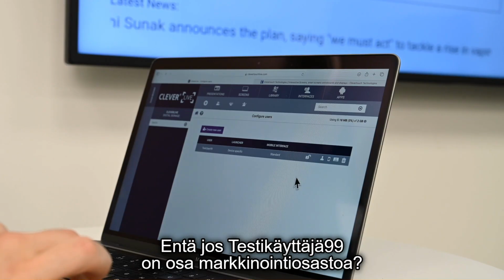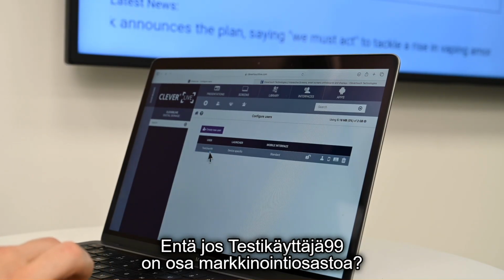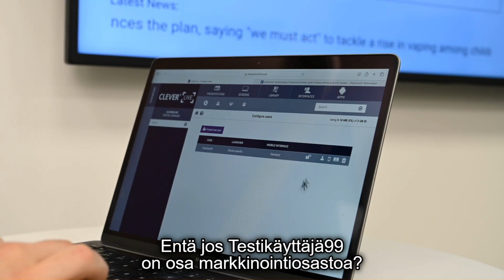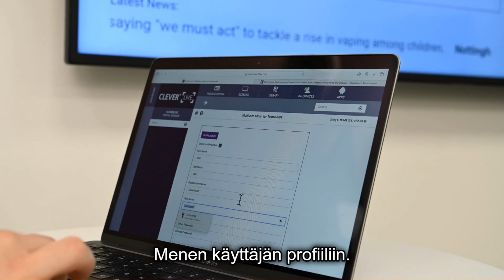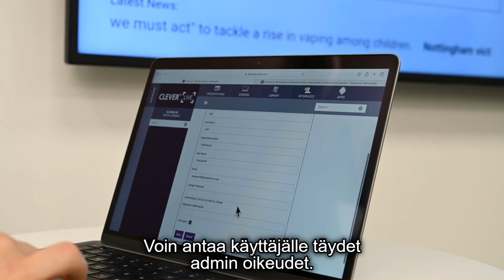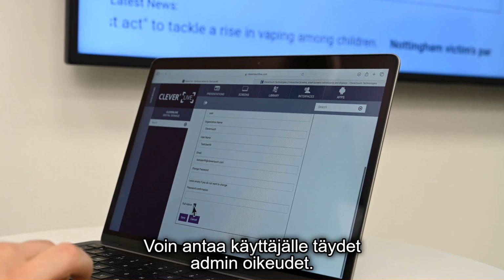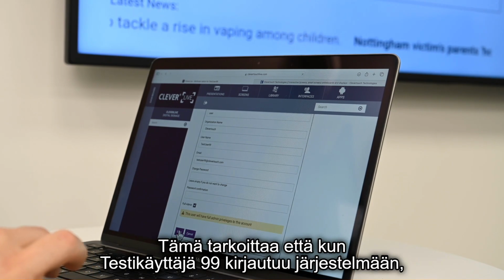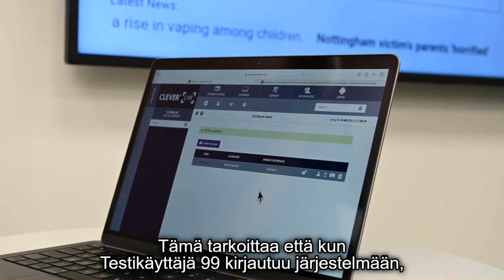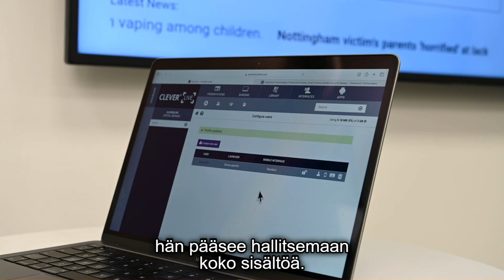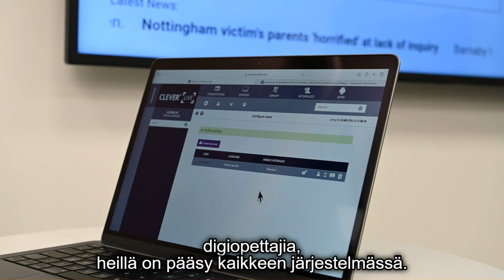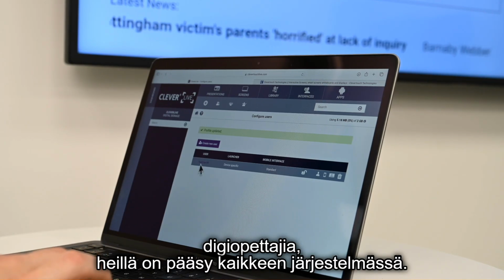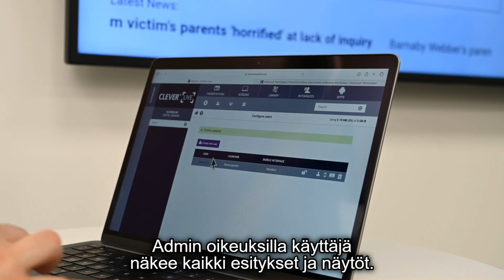The other thing that I might want to do is, well, what if test user 99 is part of our marketing department? Well, I can go into the user profile of that person. I can change, obviously, bits, but what I can also do is give them full admin. So what that means is, when test user 99 now logs in, they can see whatever it is that they want. So if they are part of the marketing team, the comms team, maybe they're a particularly design-minded teacher, they've got access to everything. When they log in, they will see all the presentations, all the screens,